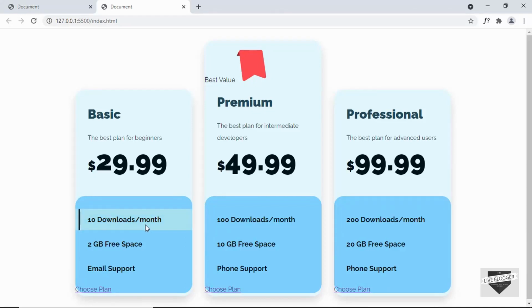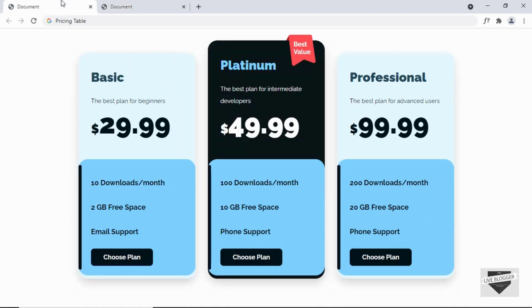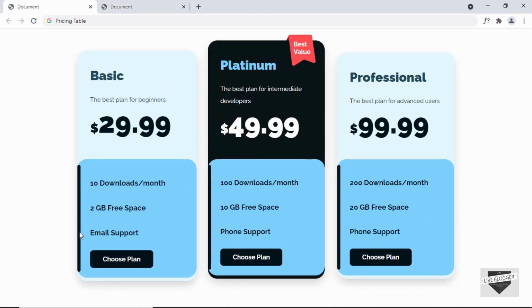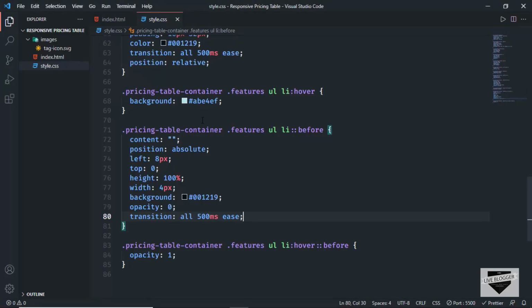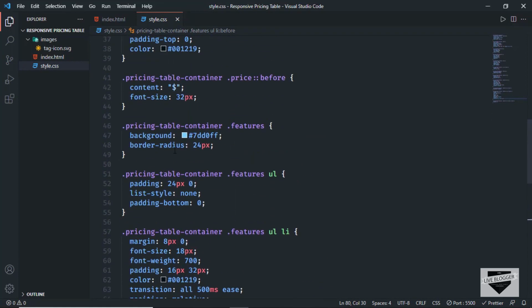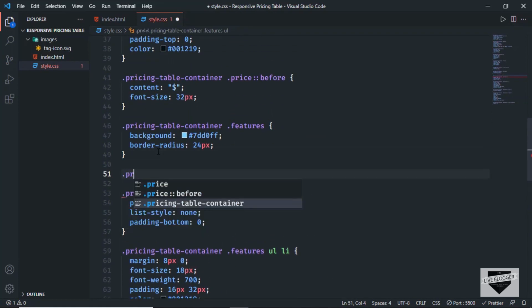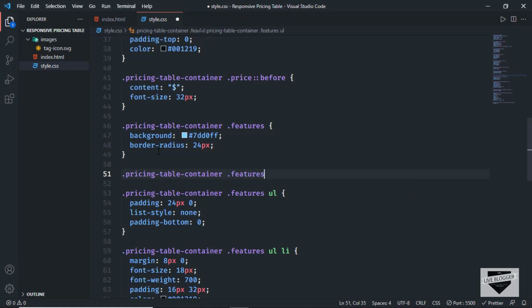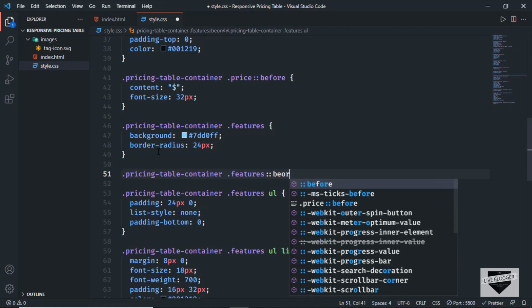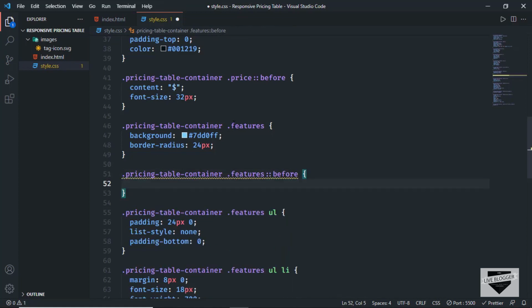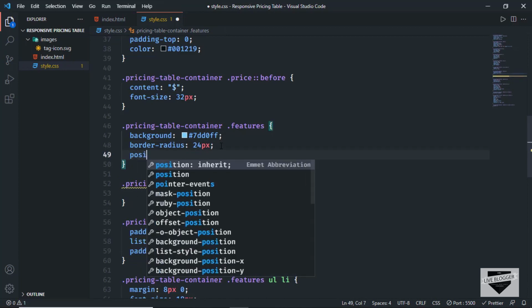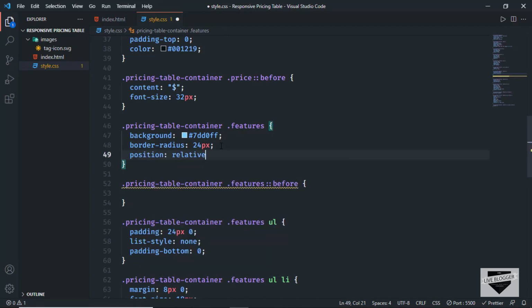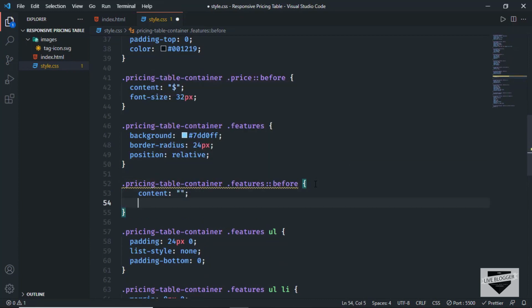And let's go back, and now if we hover over this, we can see that everything works alright. Alright, now the next thing we will do is we will add this border left over here for these features. So let's go back, and let's go to the features, and here we will add a before element. So I'll just type .pricing-table-container .features::before. We will position this before element relative to the features. So here I'll just type position, and I'll just set it to relative. And now here we'll just type content, and we'll set it to blank, and let's set the position to absolute,